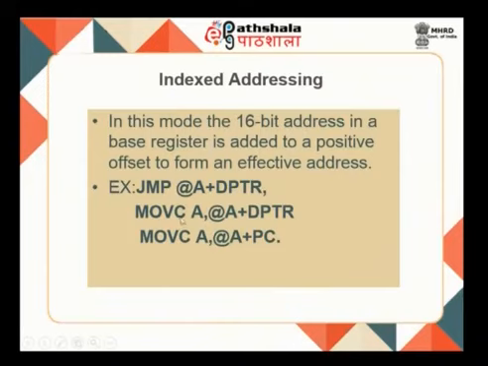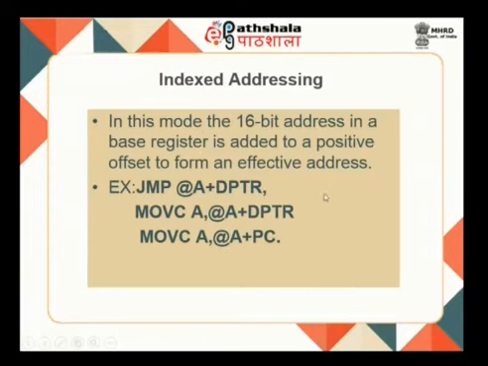So, this MOVC, the C tells you that the data is indexed addressing. That means, the address is not directly given in the register, it has to be added, it has been indexed, then you have to read it and put it in A. That too, because of DPTR it is going outside. So, it has been given with MOVC, which is move code. It tries to convey move code from A plus DPTR, which is the address, to your A, as well as MOVC A, @A+PC. PC is getting incremented with A, whatever be the value which is available with your A, and this is the address combined together.